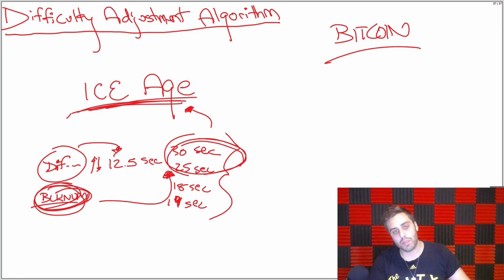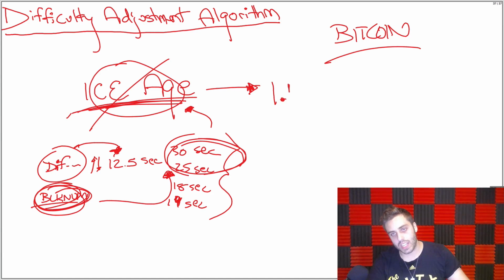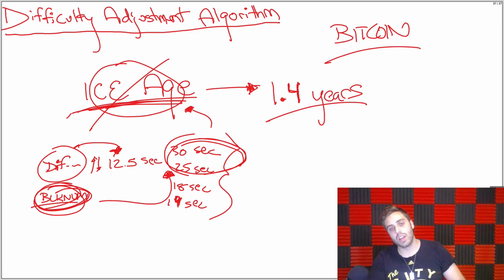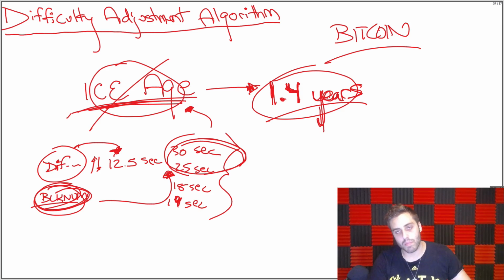Now, what Ethereum is going to be doing in Byzantium is delaying this Ice Age. They're going to be hard forking the code base so that the difficulty adjustment algorithm goes back to 12.5 seconds, and they're going to delay the Ice Age because we're currently in the Ice Age. So they're going to be pushing it back 1.4 years. And the idea of 1.4 years is that it will probably be around the time of the next hard fork, which will probably not be proof of stake, but it'll probably be the last hard fork before proof of stake. So this is going to be a really important point in 1.4 years, but this hard fork is going to be delaying the Ice Age.